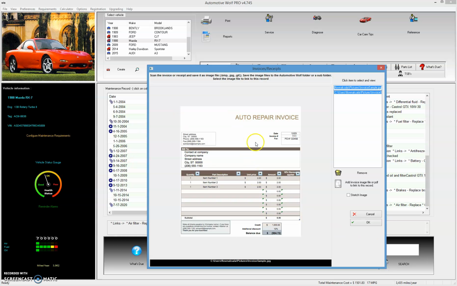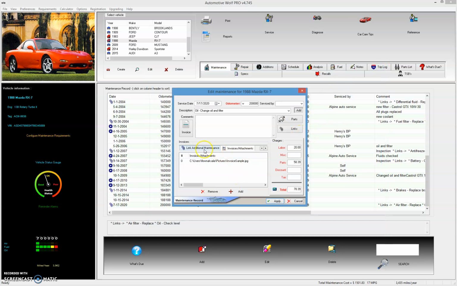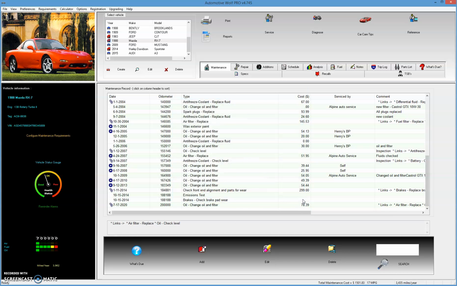So you can look at the invoice, you can edit the record, and you can take another look at the invoices if you're going back and seeing what was done before. Everything's linked, everything's available for you there. So you can review the invoices or the receipts, and you can see everything that was added for this particular maintenance item. So we'll just click cancel since that's done, and everything's been rescheduled, and you don't have to worry about these maintenance requirements again until they're due,